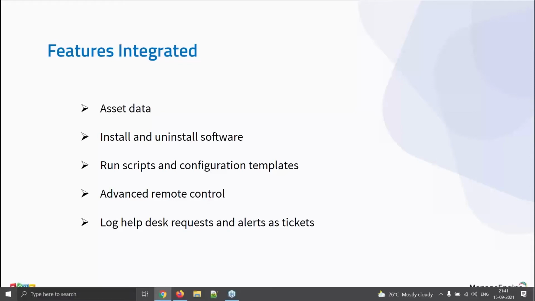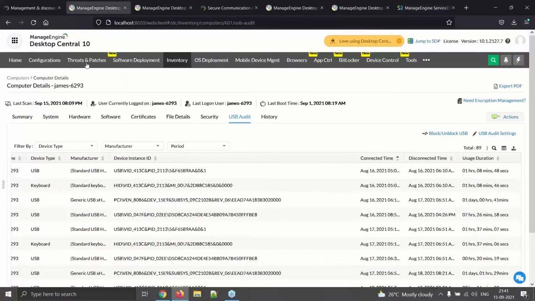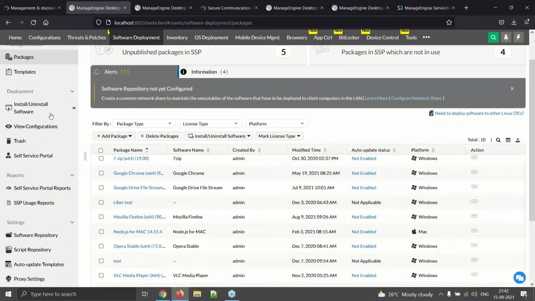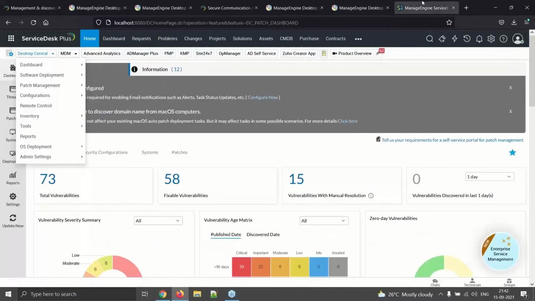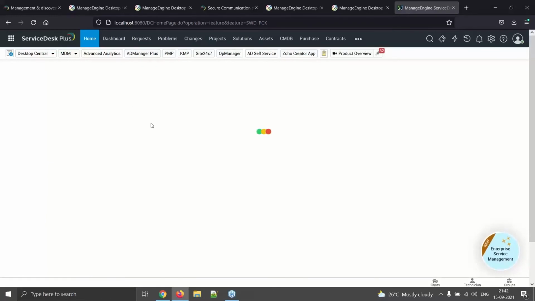the complete features that we provide under Desktop Central. Simple example. Say, for example, I create a software package here that I would like to deploy to all the client machines. And I've created the software package here. I can use this option here on the Desktop Central console. But if you say, no, I'm not going to use this console, I'm going to use ServiceDesk Plus, you can go here under the Desktop Central module. You can go to software deployment and you can view the packages